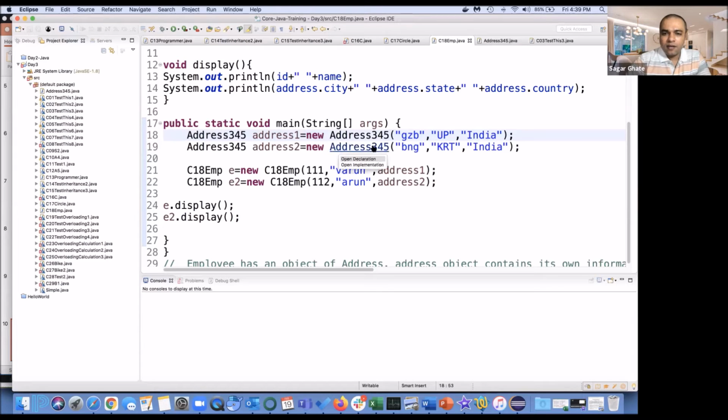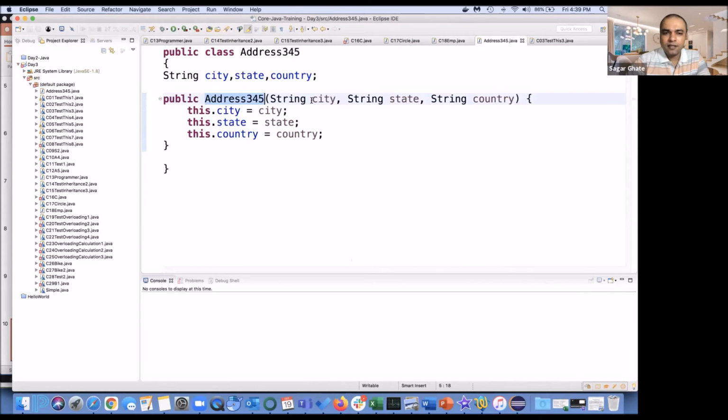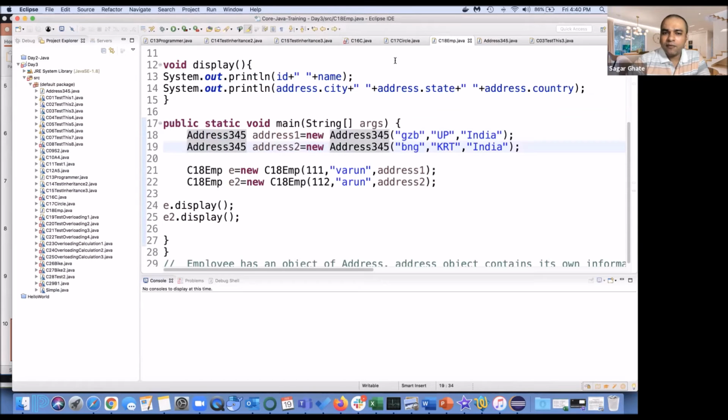And to go to any function, you need to press Control, or on Mac Command, and just click it here. So this is having one constructor with 3 arguments, that is city, state, and country. So this.city, this keyword we have already used. So we are aware why that is being used. And if I want to go back, you can see these arrows there. You can utilize these arrows.